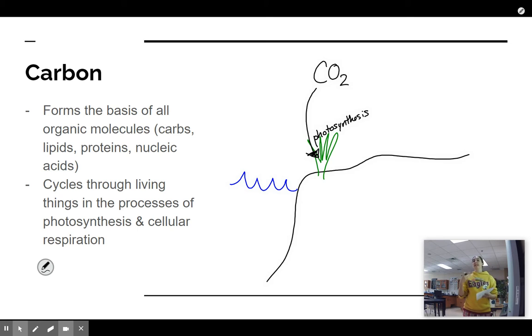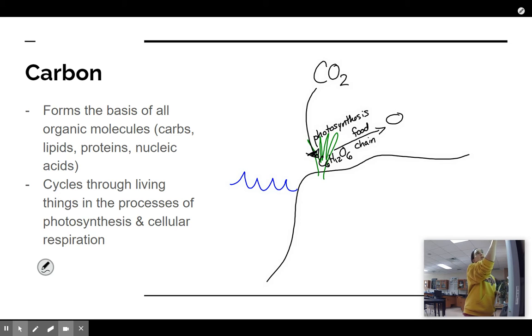This is one of those chemical reactions where they break apart the carbon and the oxygen, and then they put those atoms back together with some other things in the form of this molecule called glucose, C6H12O6. You can see the C is your carbon in there. And that's a carbohydrate, a type of sugar that stores that energy. From there, that glucose then moves up the food chain